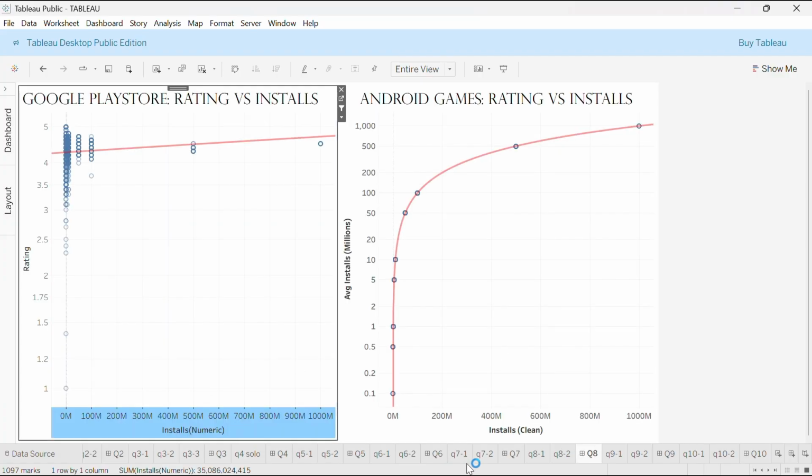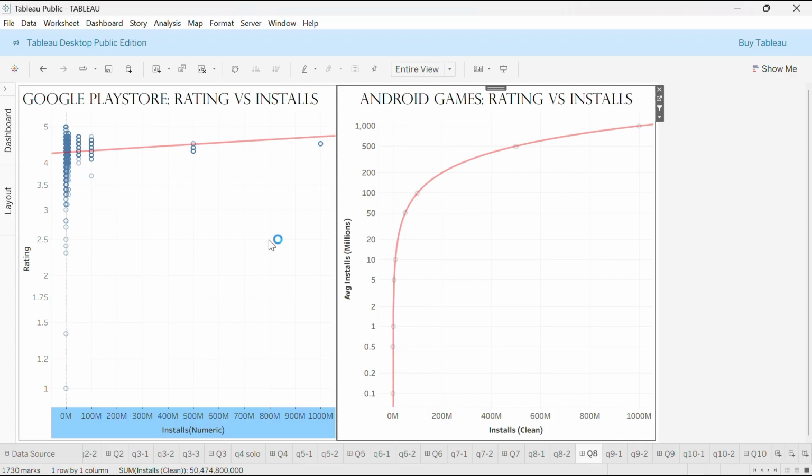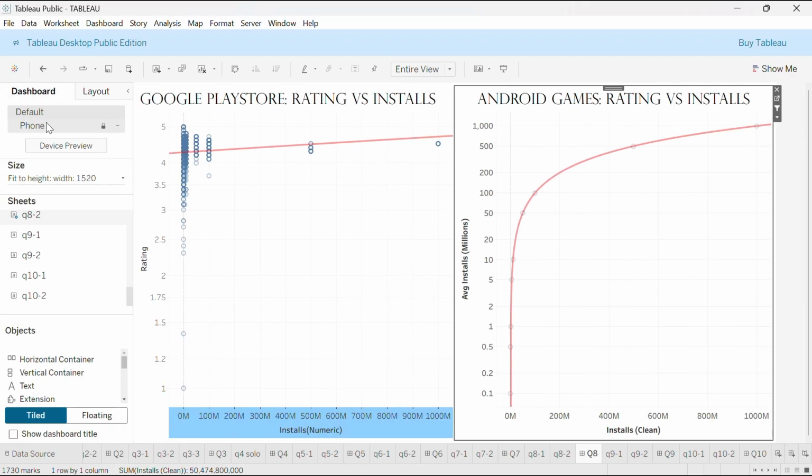For each chart, I put the game installs on the column shelf and its rating on the row shelf. And I then disaggregated the data to show a mark for every single game. The purpose of this is to see if a pattern emerges from the raw data. To clarify the relationship, I used the analytics pane to add a trend line to each plot, which shows the mathematical correlation. The key insight from this dashboard is that there is no strong relationship between a game's popularity and